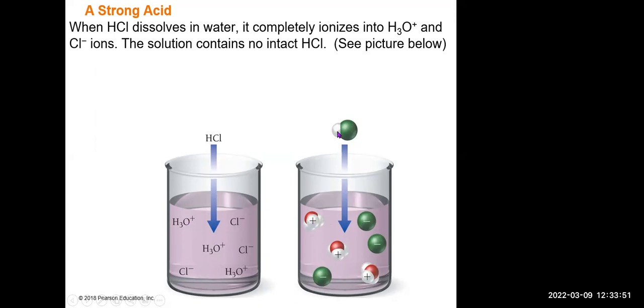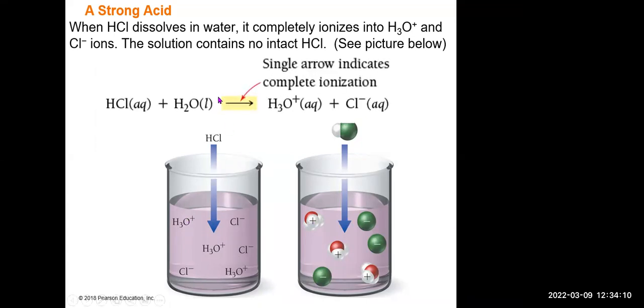This is the HCl, the green one is Cl, the white one is H. After we put this in water, we don't see the white and the green together anymore. They all separated. Ideally, that's the truth. So therefore, we use one arrow to indicate complete ionization,